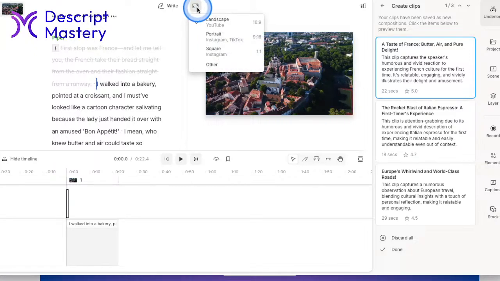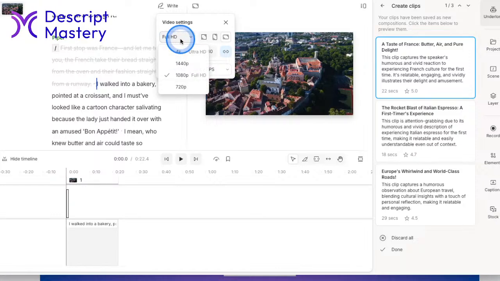So up here in the top left is aspect ratio. You can see here, this top one is landscape. That's the default, and that's what is used on YouTube. That's what you're watching me in right now. Below that, you have portrait. Portrait is 9:16. That is the aspect ratio, and that's suitable for Instagram, TikTok, YouTube Shorts, etc. Below that is square, which is good for Instagram Reels, Facebook, LinkedIn. You can use any of these, but it just kind of tells you below what platform it's best for. And then other is where you can set your own.